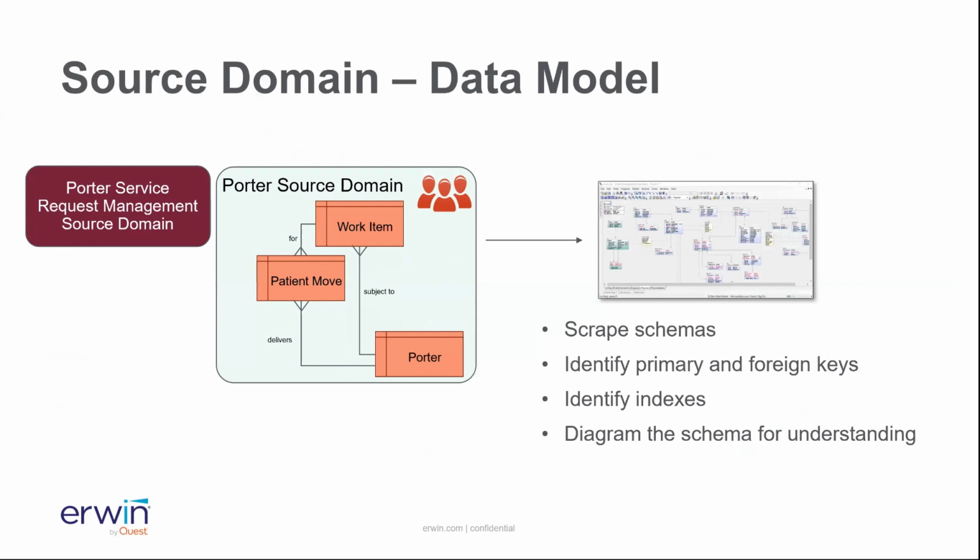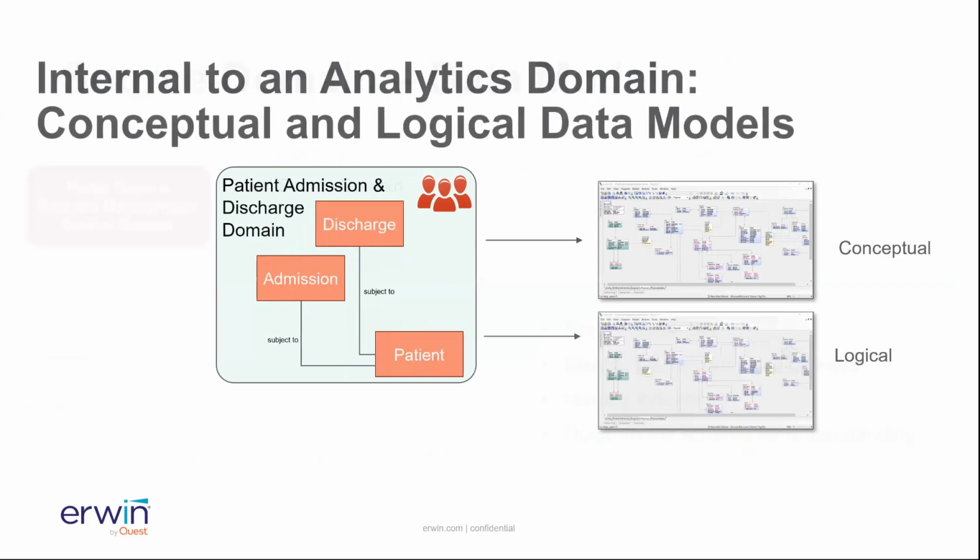We're kind of left there with then some challenges. So the first thing is we need to be able to model our source domains. So we need to understand the data that's available from our operational systems. To do that, we need to be able to scrape the schemas and identify keys and so on in there to build up a picture of the data that we're receiving. But then when we go inside a domain, we need to know the sort of conceptual items inside that, and maybe a logical model of the data that we have within a domain.